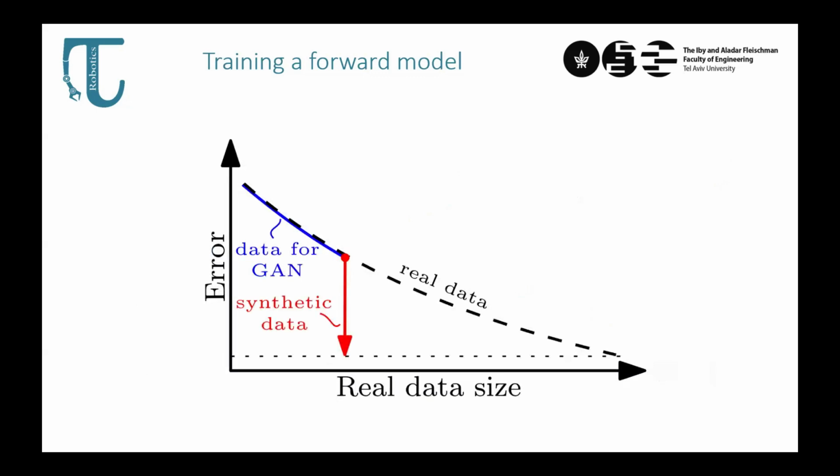And the idea here, or the argument, was that we could collect a lot of real data and reach some kind of low error, or we can better invest the data in training a generative model and then go ahead and generate synthetic data as much as we want. It's almost free. And this was, I can't say a relatively new idea, because it was a few years ago, but it was less explored.